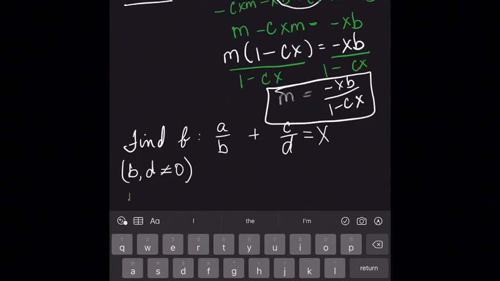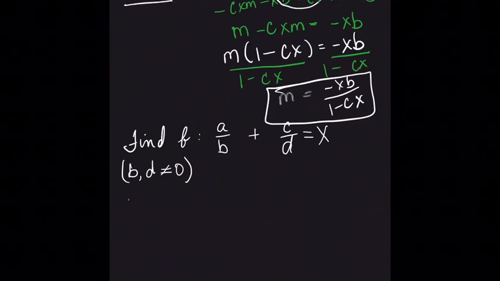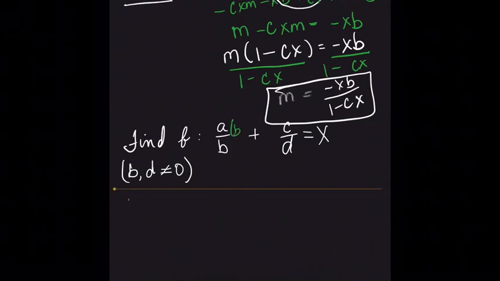The next one we're solving for b, and it tells us b and d can't equal 0 because b and d are in the denominator. And so they can't be 0. So what are we gonna multiply each term by? Well, we want to multiply it by the least common multiple, which is BD. So if I multiply this by BD, this by BD, and this by BD, we end up with